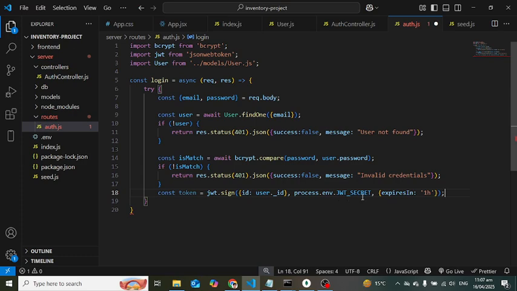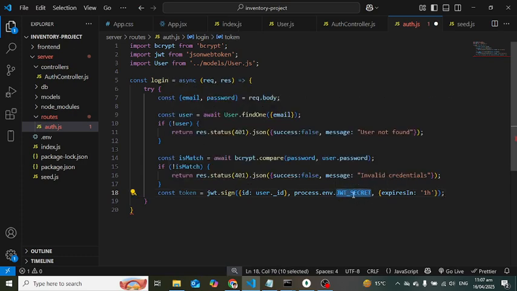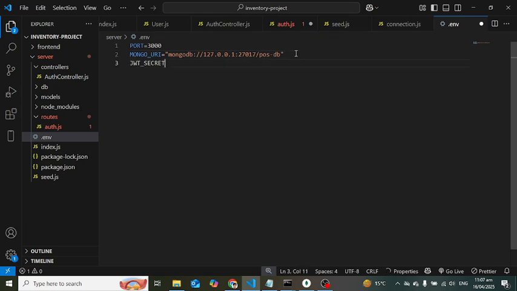Let's first of all declare this inside the env file. This is a secret key. It should have at least 32 characters in a real life application, and it should have numbers and special characters,